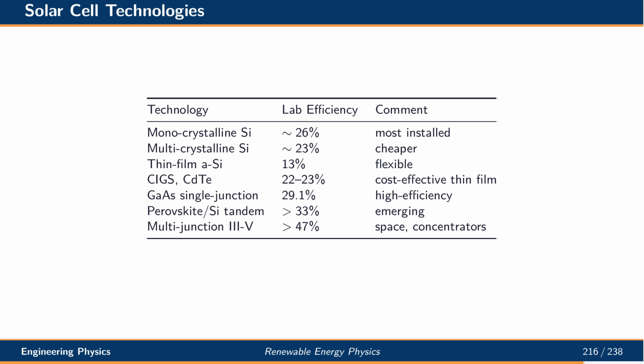CIGS and cadmium telluride thin films give cost-effective performance around 22 to 23%. Gallium arsenide single-junction cells exceed 29%. Perovskite silicon tandem cells now cross 33%. Multi-junction III-V cells reach above 47% for space and